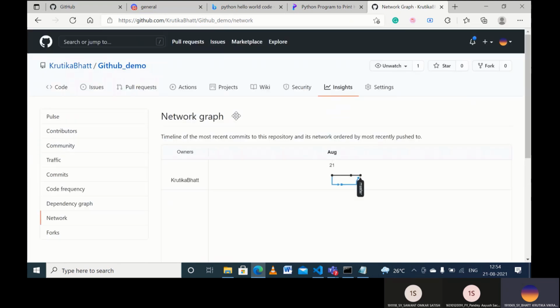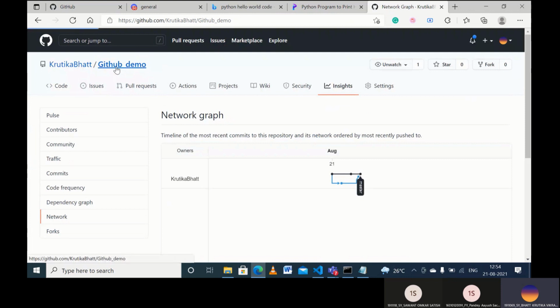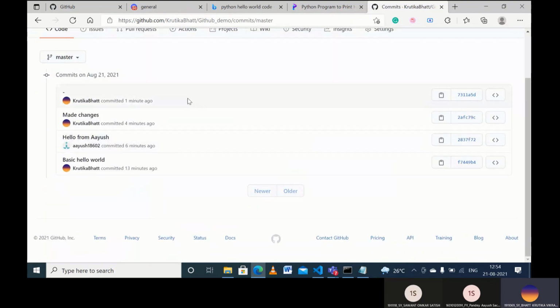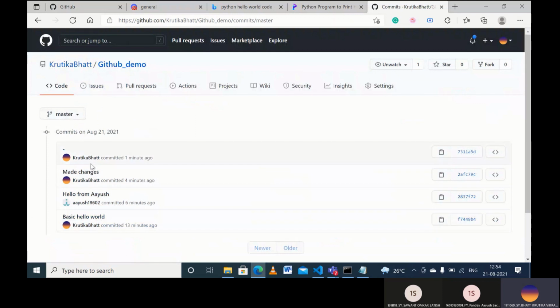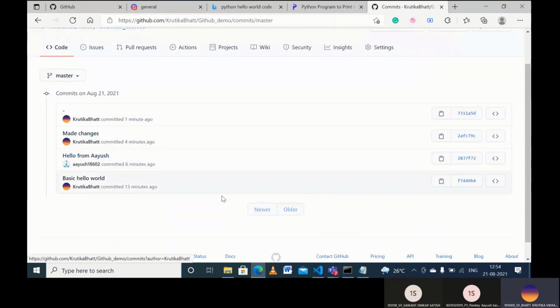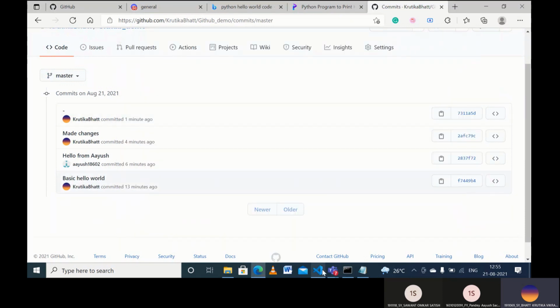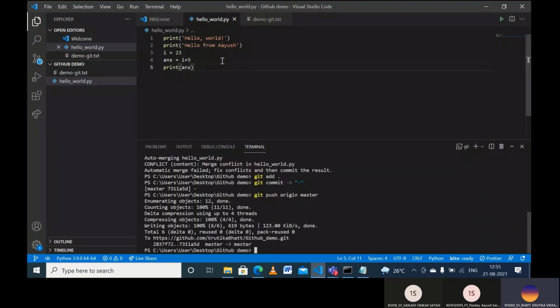So what I should do exactly is, let's go to here. I can see over here 4 commits and everything. Let me click on this. So as you can see, I can see the last commits that were made. And I have to change my code to the original version. Let's say there has been some mistake and the code is not working for some reason, and I want to discard the changes and go to the original version, the previous version.